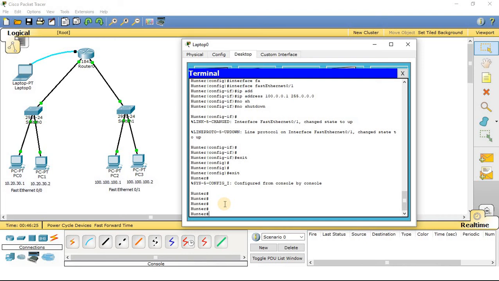So I have to transfer this saved data from the temporary memory to the permanent memory, because once I close the router or switch off this router, all this data will be erased from the temporary memory.